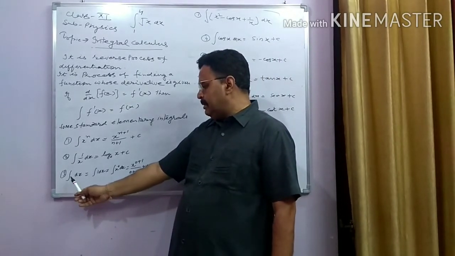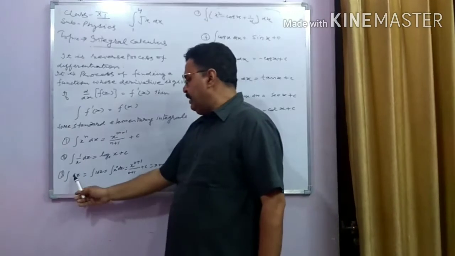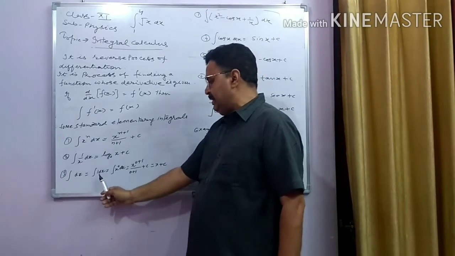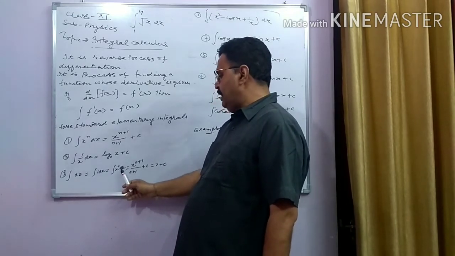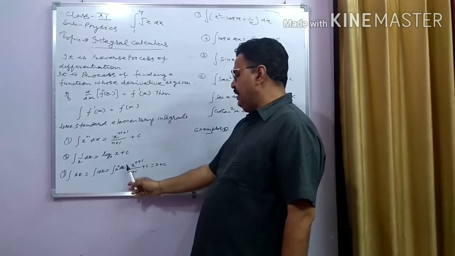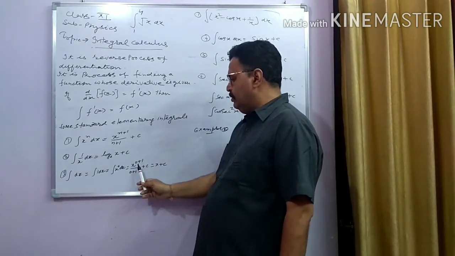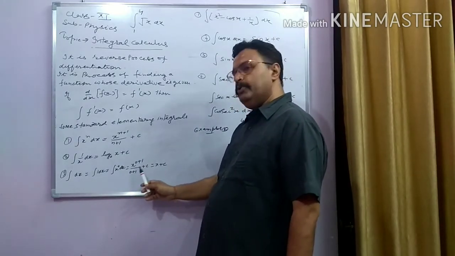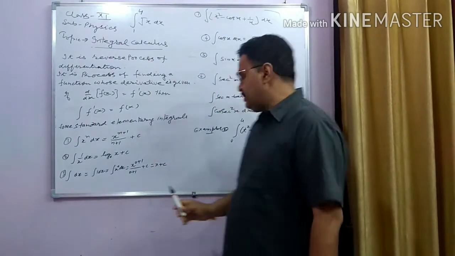The third one is, suppose you are given dx. So how to integrate dx? We can write this dx as 1 dx, because it can be multiplied by 1, there will be no effect on the result. Then this 1 can be written as x raised to power 0 dx, and now we can integrate x raised to power 0 dx, that is the power is raised by 1 and then it is divided by the new power. So x raised to power 0 plus 1 upon 0 plus 1, that is x plus c. So this is integration of dx.